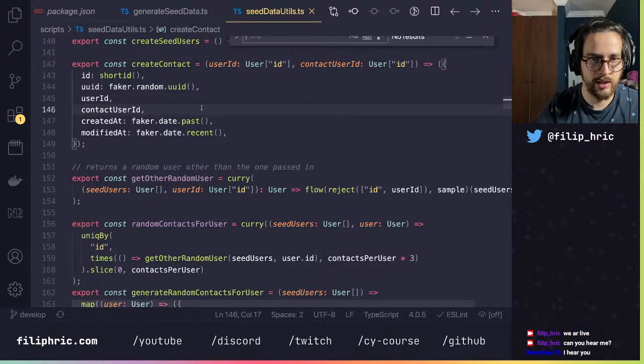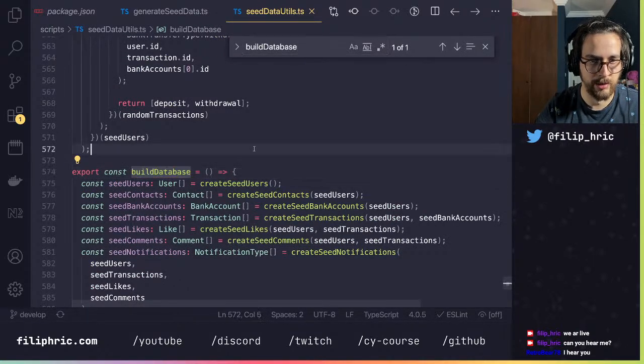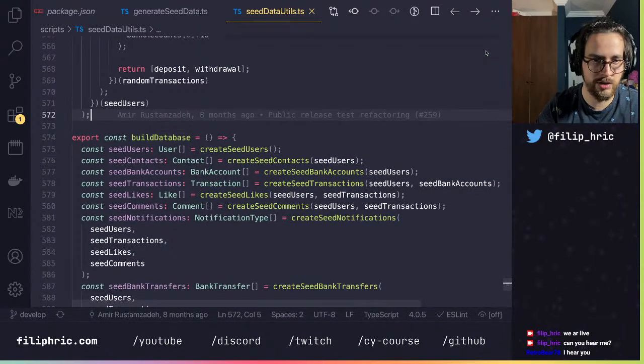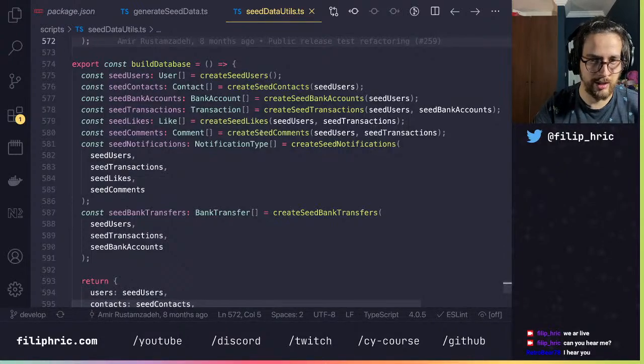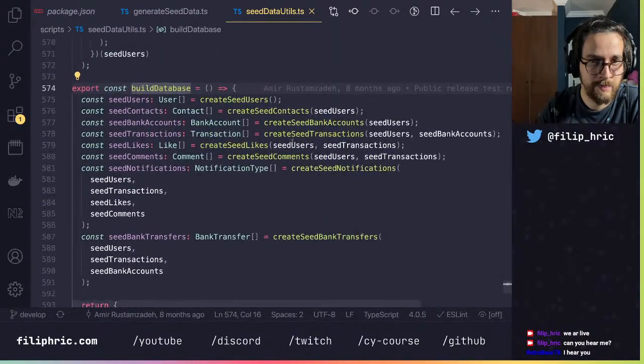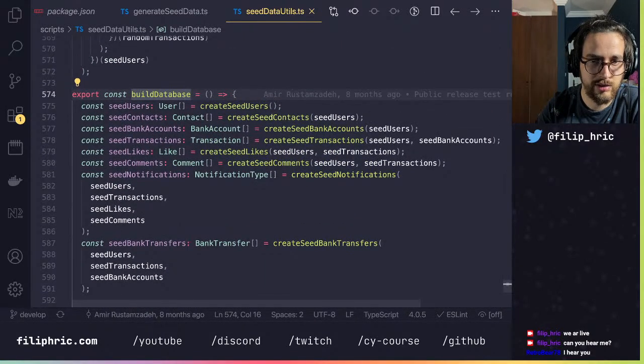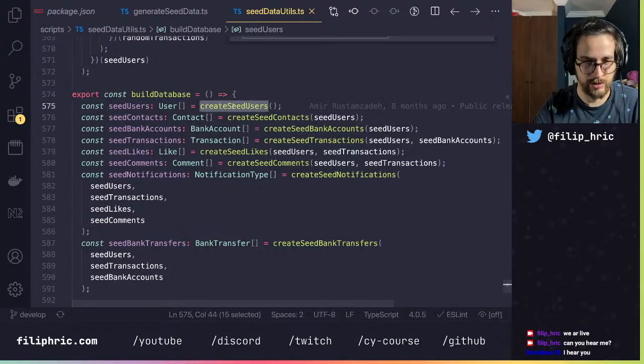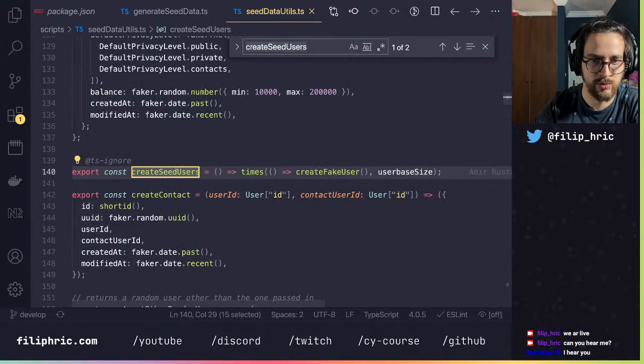So I think we should be able to find build database. Yes, here's the function, and this is the thing that will seed the database. There are a couple of more functions in that. It's going to create users, create contacts, create lots of stuff. So let's see, for example, what happens when we create user.